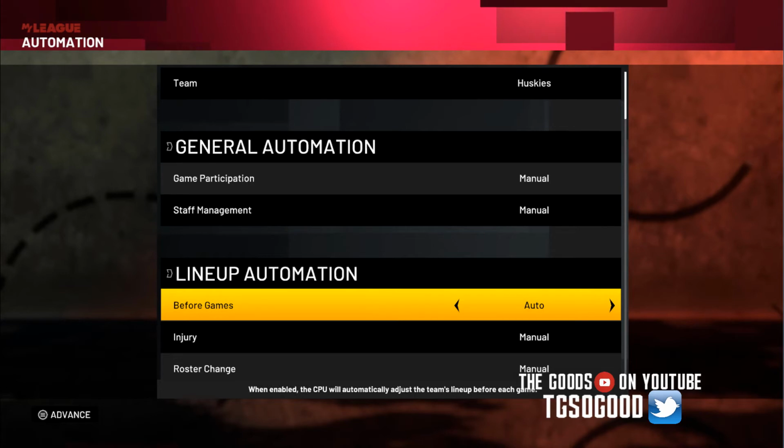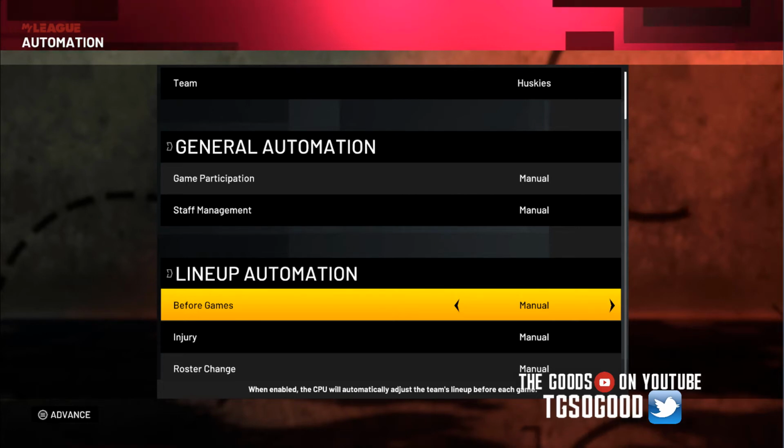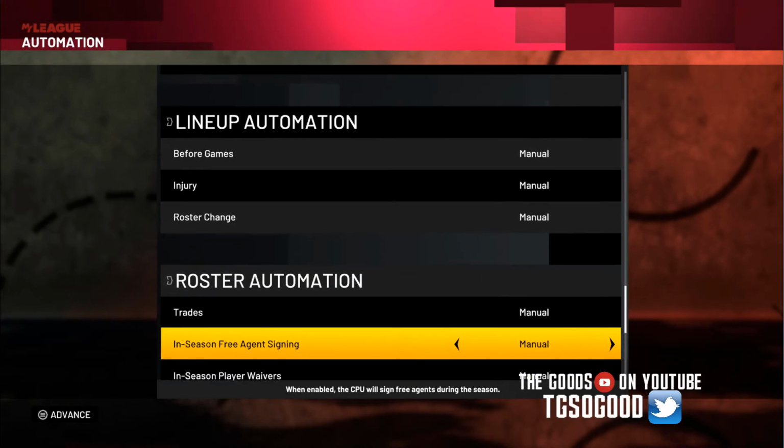And what I'll do is I'll change that back to manual. So all the other teams I set up for auto lineup automation, so the CPU will adjust their lineups to whatever they need. But for this team in particular, which I want to control manually, I'll do the lineups. All right. So other stuff,